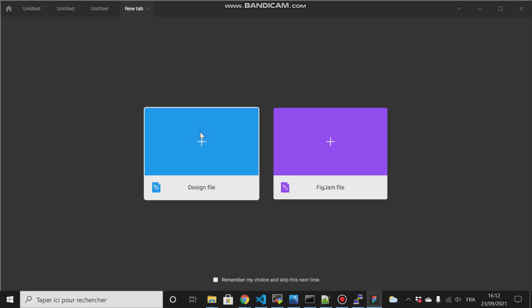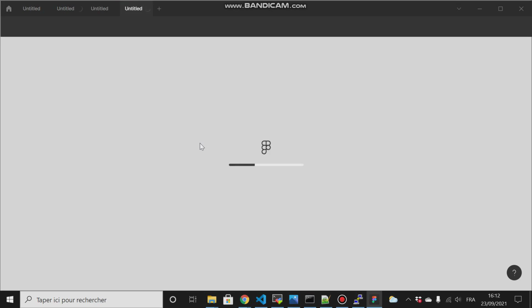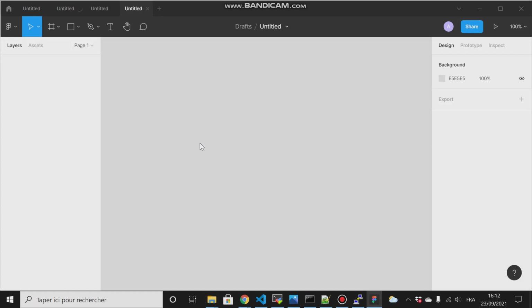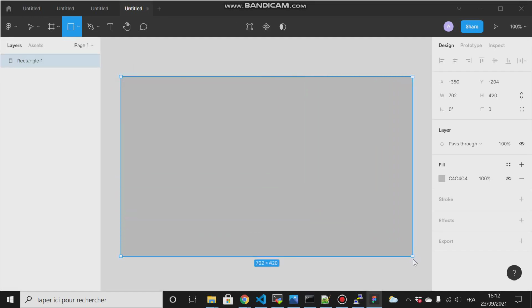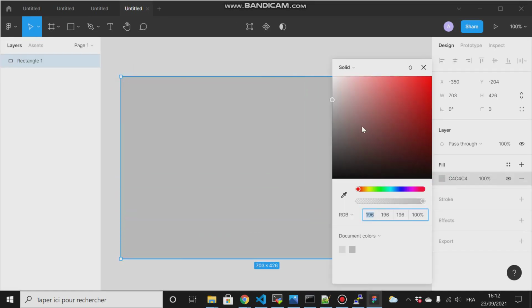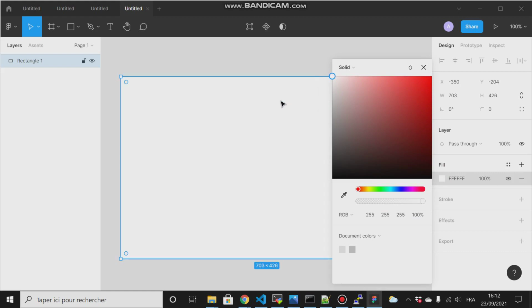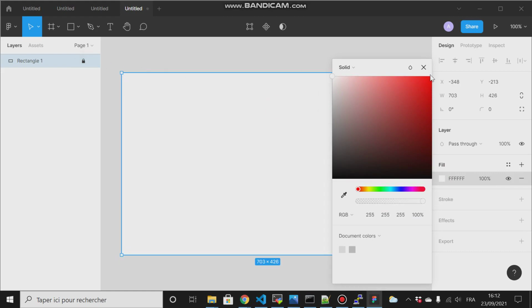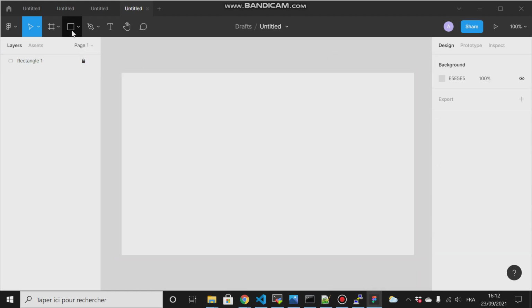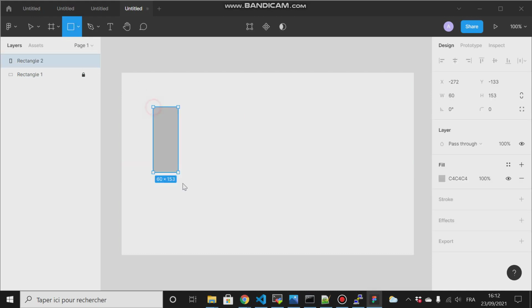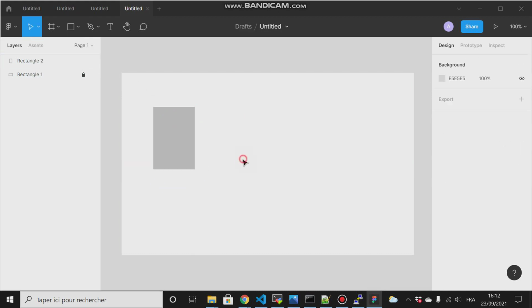We'll open a design file, right? Open here, change the color, right? And lock it, right? So here, let me give you, for example, this is our Ansible